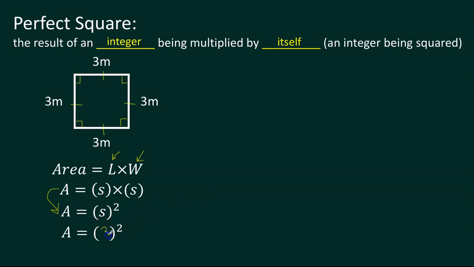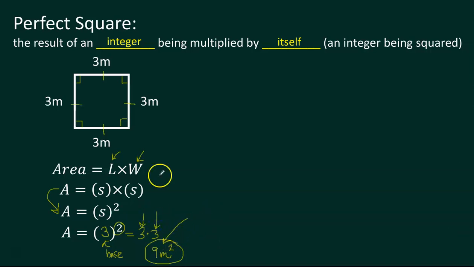Area equals 3 squared, and then we'll write out the work. The power of 2 tells you how many times to record the base. This is review from 6th grade. So we record this base 3 2 times, and 3 times 3 gives us 9, and this would be meters squared, or you could say 9 square meters. And this right here, the 9, is the perfect square, because we took an integer and we multiplied by itself